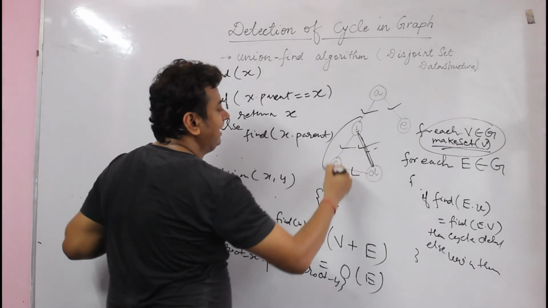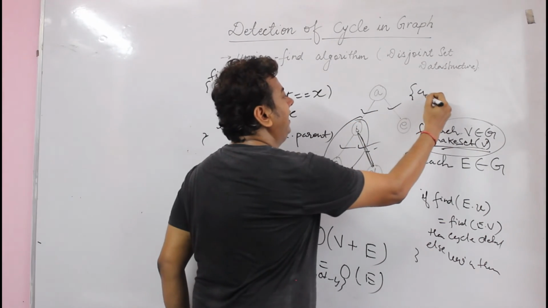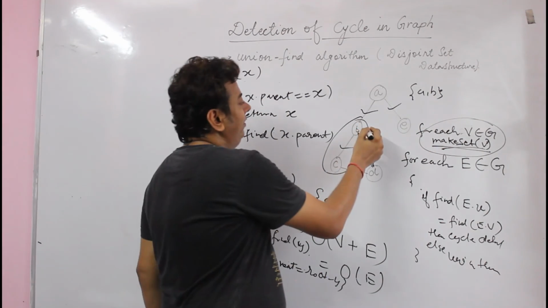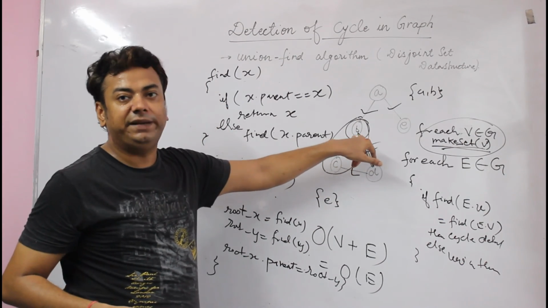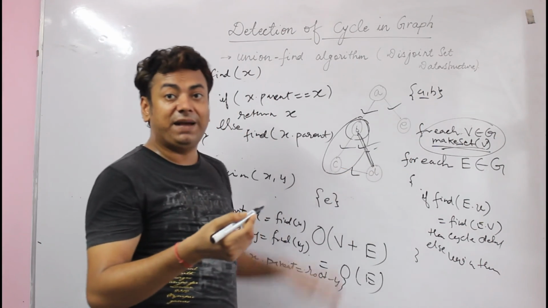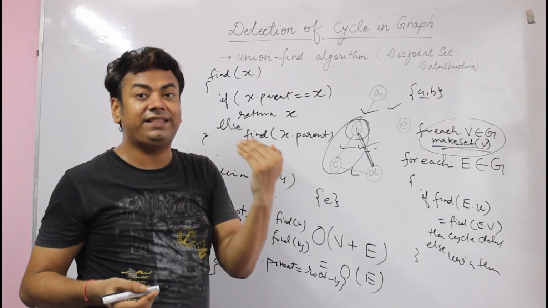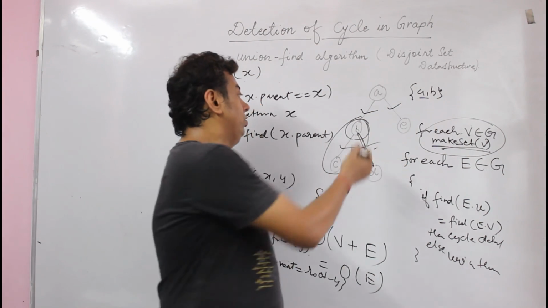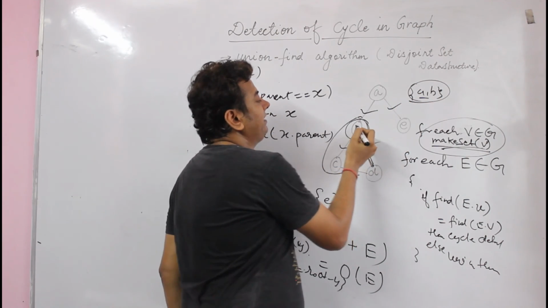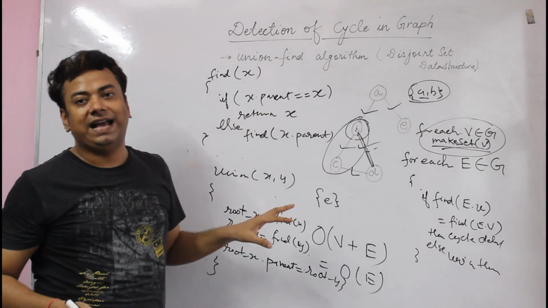Suppose in this case we encountered b and c. The parent of b will be a, and the parent of c will be c only. If I ask b what your parent is, it will say my parent is a. When we return from the find method, it returns a and b both. So whatever the parent of this is will now equal the parent of this. This we can implement through a hash table.